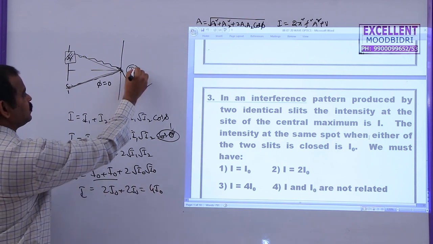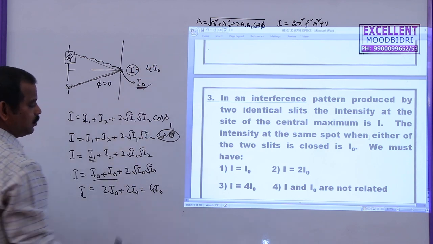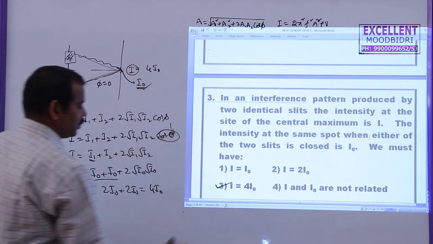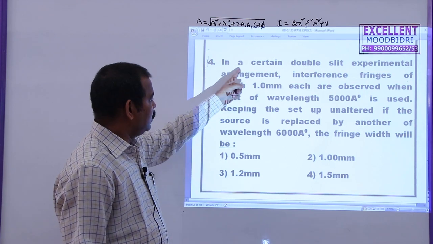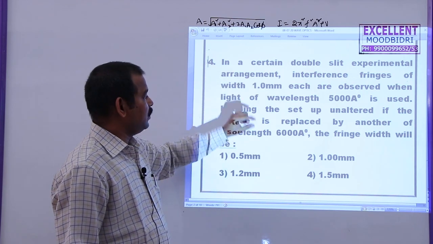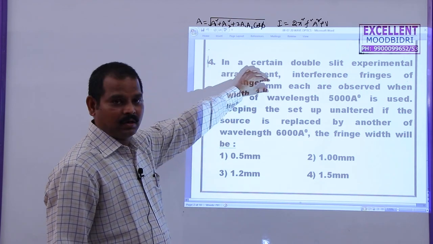So what is the intensity of this I? This is 4 times I naught. So where is the option? Option 3 is correct. Fourth one, in a certain double slit experimental arrangement, interference fringes of width 1 mm each